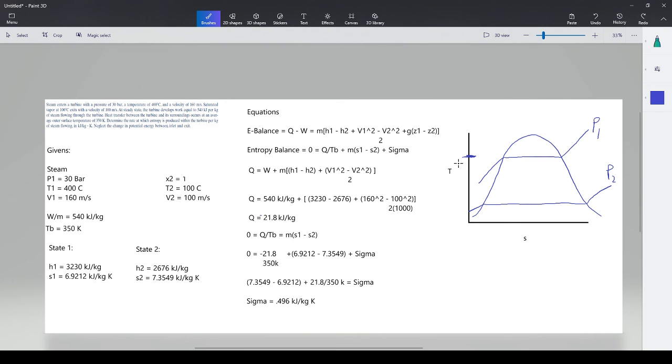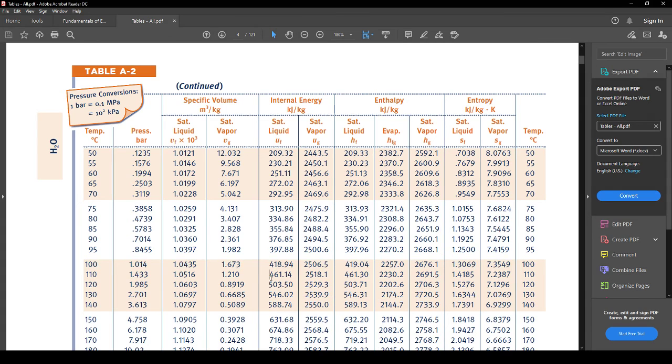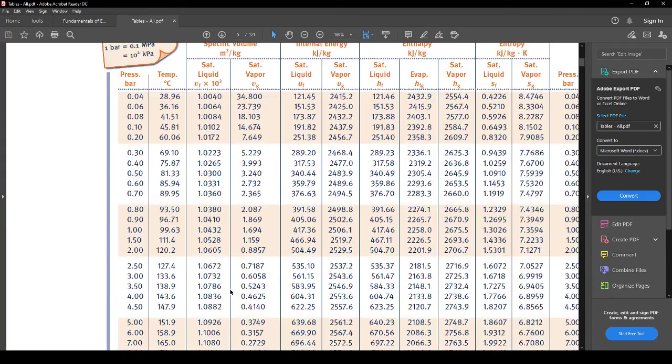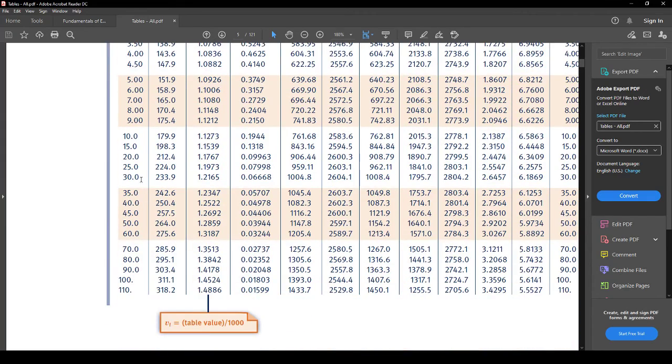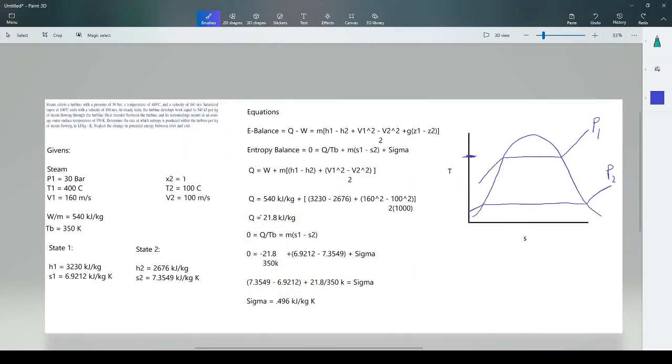So right here would be the saturation temperature at that pressure. To do this really accurately, you would have to go in here and look up 30 bar, and you would say 233.9. So to make this a really good one, you would put 233.9, which is the saturation temperature corresponding to these two states right here on this line.